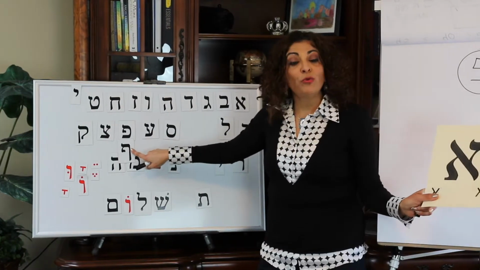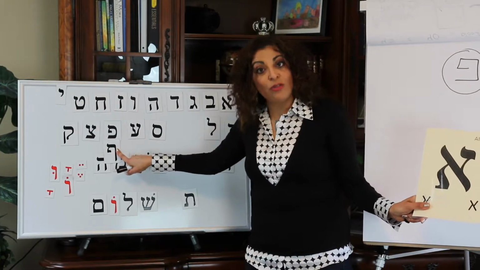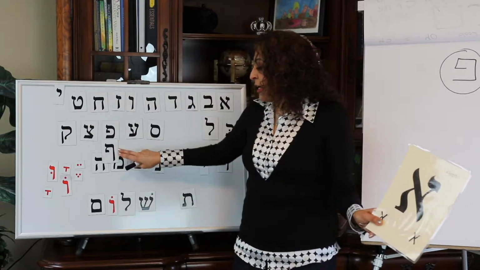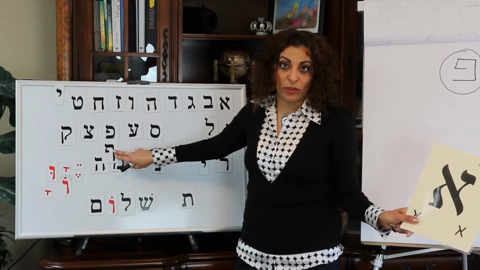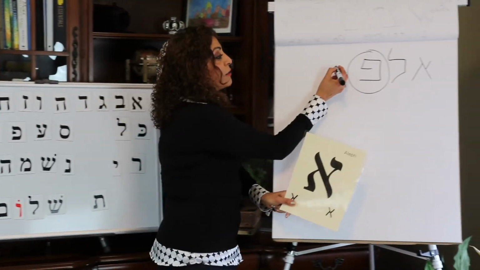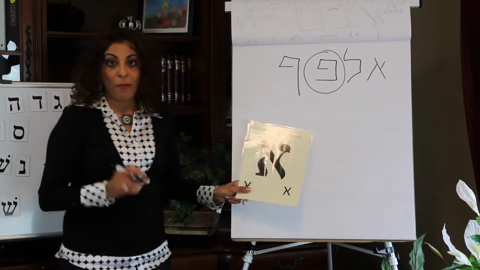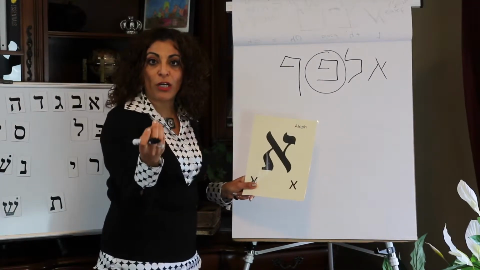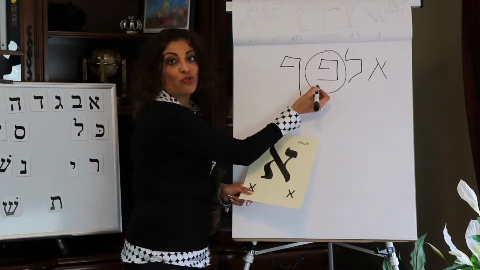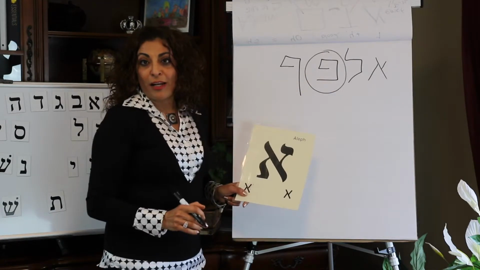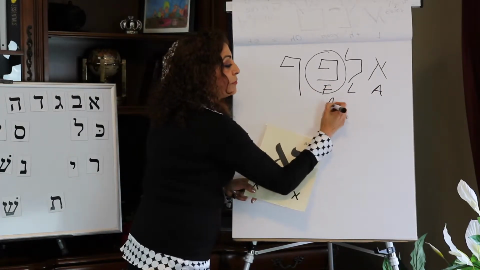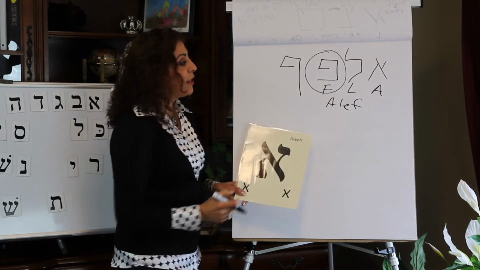Okay? So when do we use final letters? At the very end of the word. But because I'm talking about root letters, I stay away from writing it as a final. The proper way, if I would really want to write an Aleph, is I would write it with a Fe Sofit. But because I'm trying to teach you the concept and the energy and the meaning of the letters, I just use the regular. Okay? Aleph. A-Le-F. Aleph. Okay? This two,